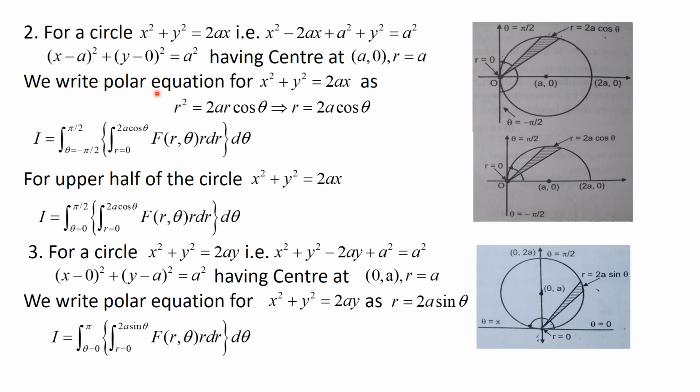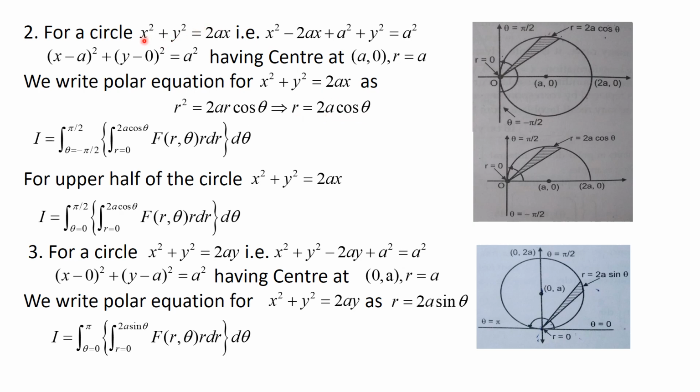So we can write the polar form of x square plus y square equal to 2ax as follows. Since x square plus y square equal to r square, we use x equal to r cos theta, y equal to r sin theta, which are the conversions in terms of polar form. So x square plus y square can be replaced by r square, equal to the right hand side 2ax, where x is equal to r cos theta. Cancelling the term r represents r is equal to 2a cos theta.